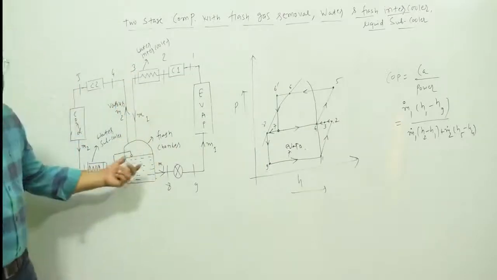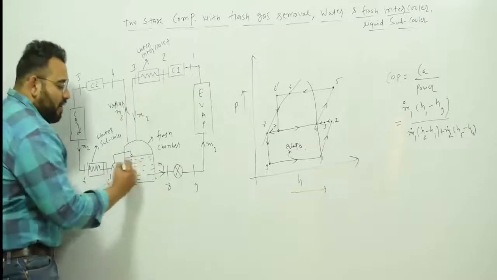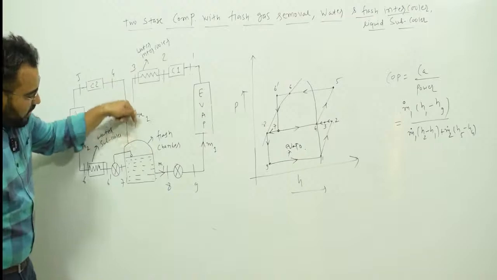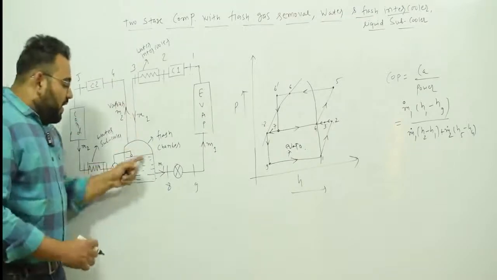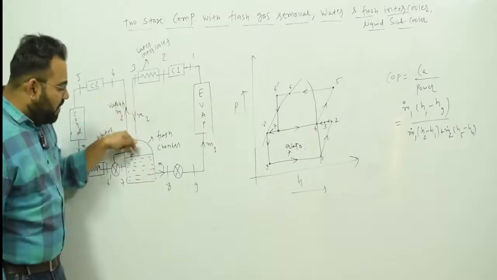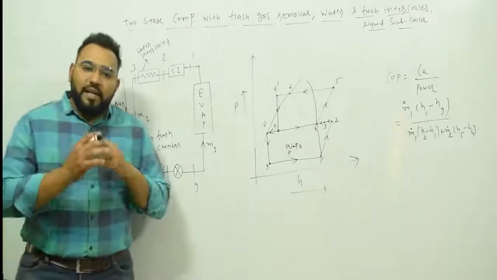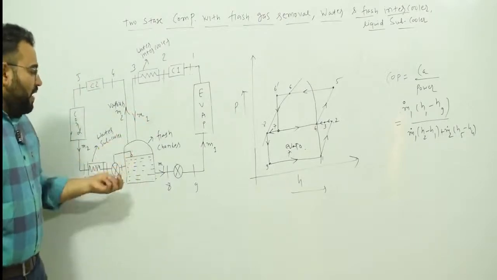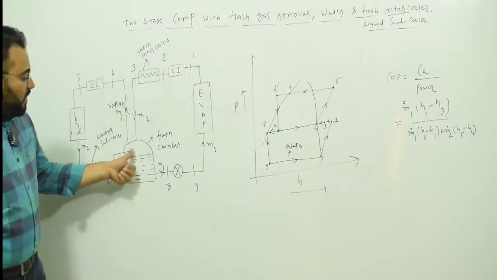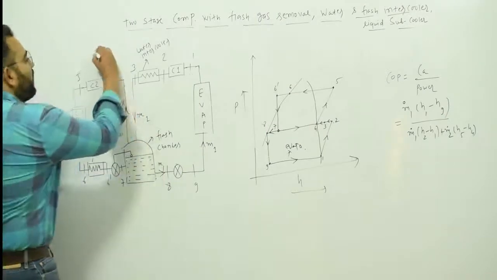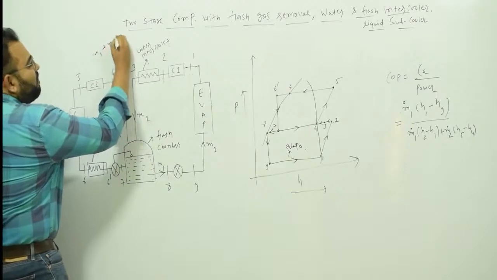Now in the flash chamber, we will have liquid refrigerant over here, and the superheated vapor is coming over here. So what will happen? Here the liquid refrigerant is already in the flash chamber, and the superheated vapor is entering. Heat transfer will take place, and some of the liquid refrigerant will evaporate. Let's say M2 minus M1 liquid refrigerant evaporates. So M1 is coming in, and M2 minus M1 evaporates. So M1 coming in plus M2 minus M1 evaporating.